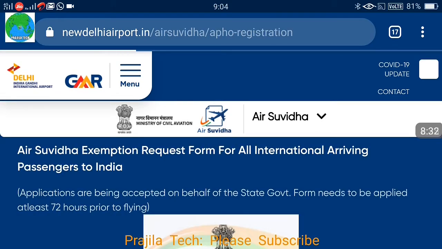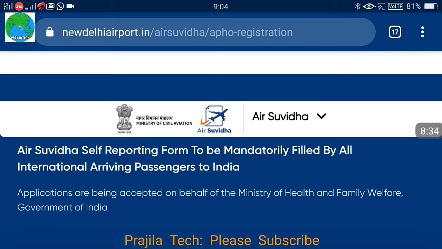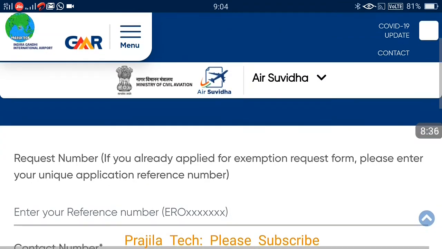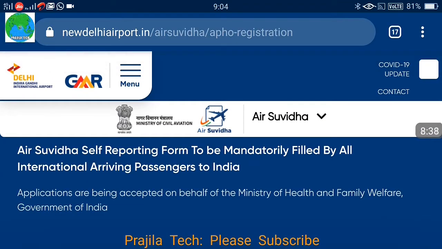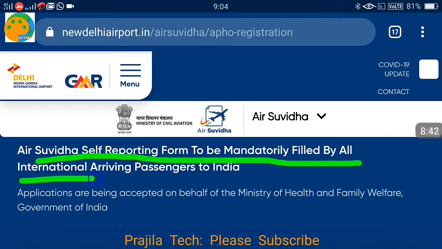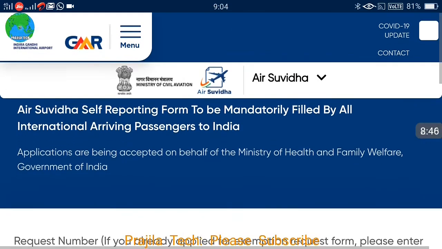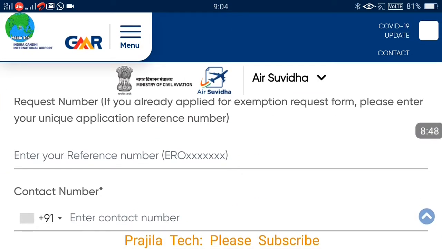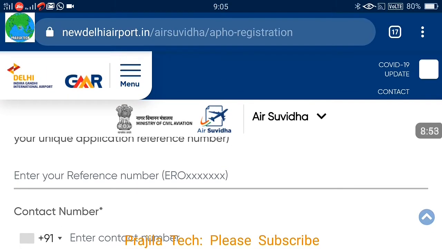But if you have an exemption, you can apply, but the self-registration form is mandatory. You can see here it is clearly mentioned on top: self-reporting form to be mandatorily filled by all international arriving passengers to India. So this is a mandatory form for everyone. And here also, the first option you can see, if you have an exemption, that is why I was saying